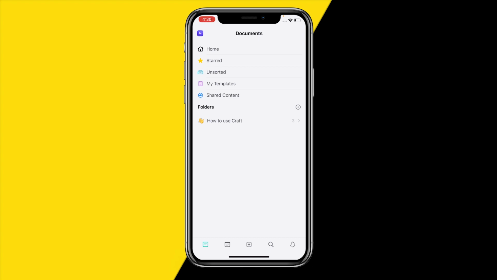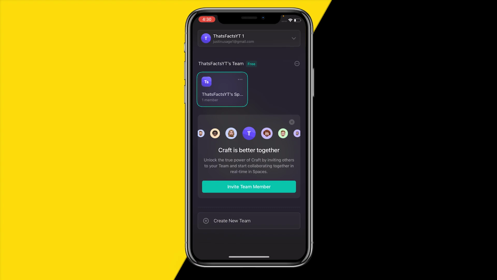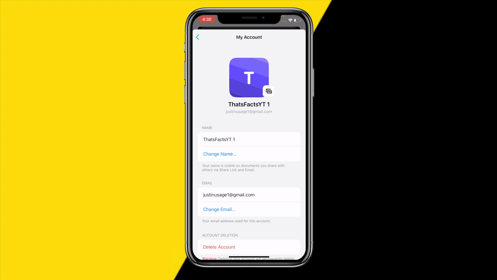Once you've done that, go to the top left corner of your screen and click on your profile picture right here, which is most likely default right now. Once you've done that, click on your name and email right here and then click on settings. Then right here what you can do is click on my account,